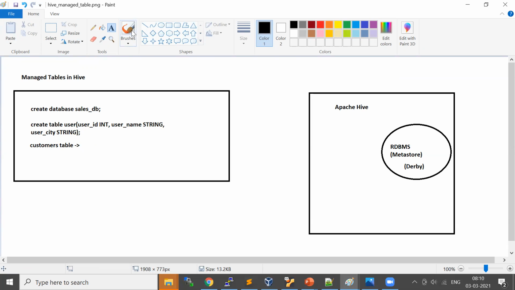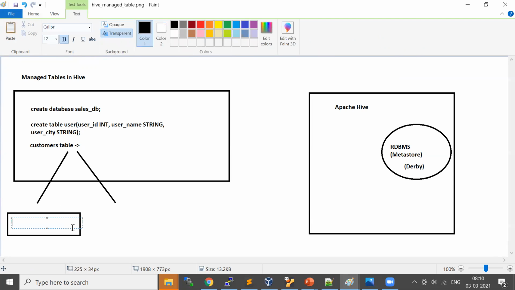One is I can actually use an insert statement like how we do on RDBMS. Say insert into the customer table, and then values.